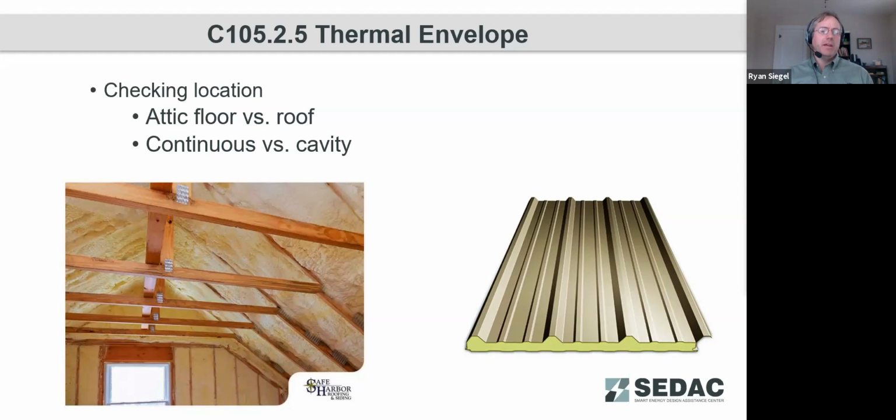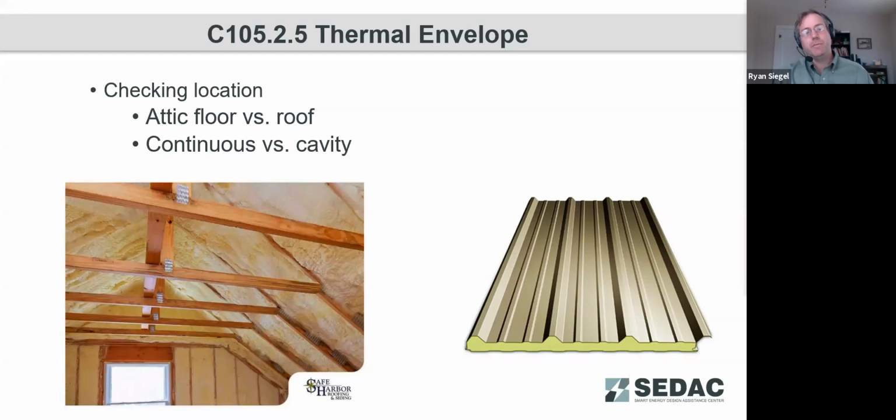So checking to make sure again that we have the proper location, and again, is it continuous versus cavity insulation? So probably more common in commercial might be using insulated metal panels, or if you have low sloped roofs, the insulation being applied directly on top of the